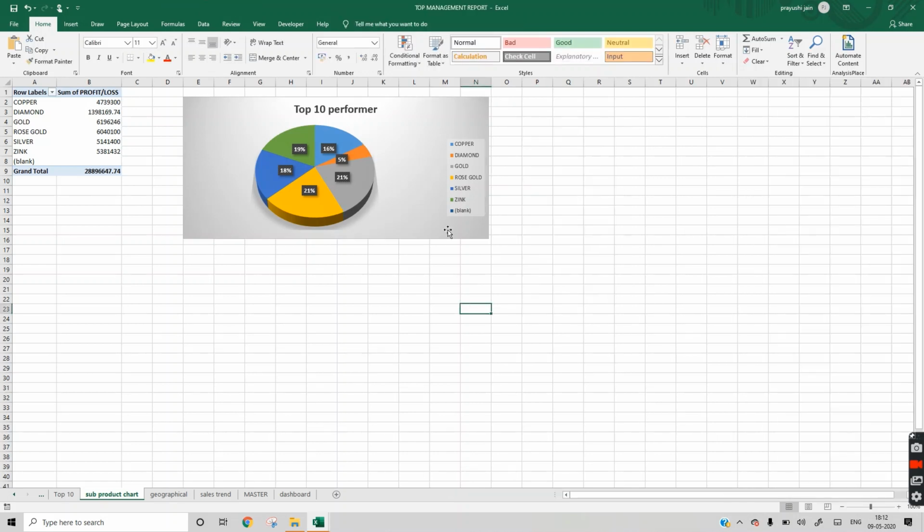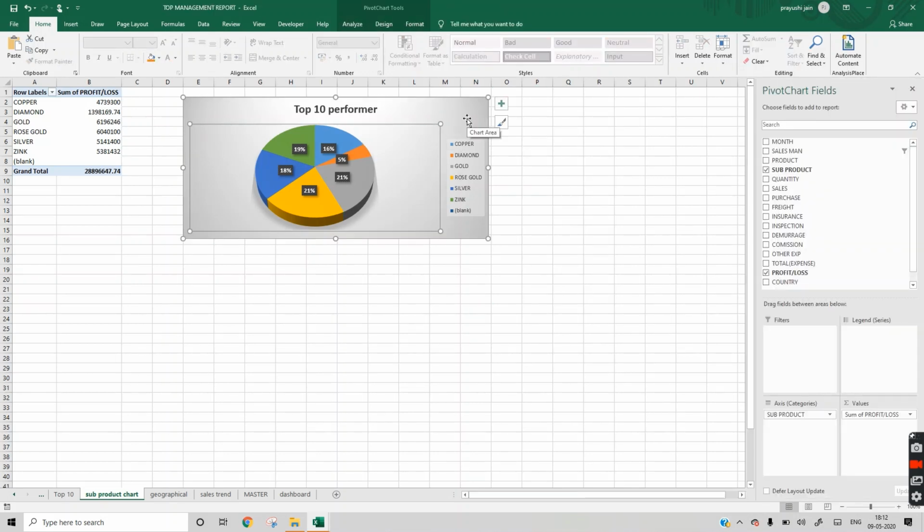Suppose we will take this. We have the option to select data labels also.